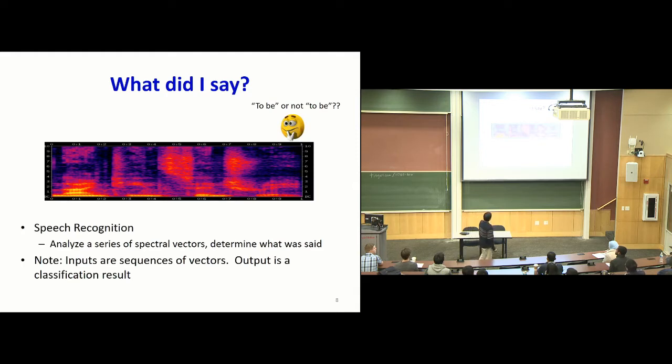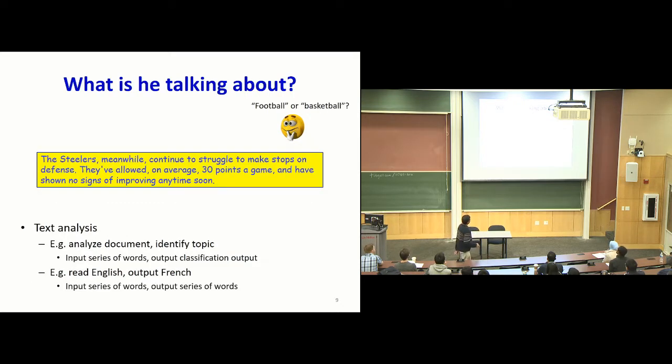This is a speech recognition task and something has been said. The input is a sequence of spectral vectors. It has to analyze the entire sequence of spectral vectors before it produces an output. So in other words, you have this task where it has to analyze a sequence of vectors before it says anything. Here are a couple of different tasks.